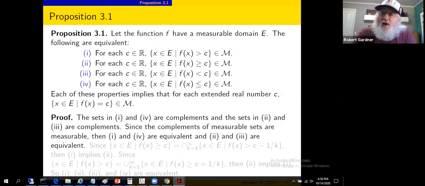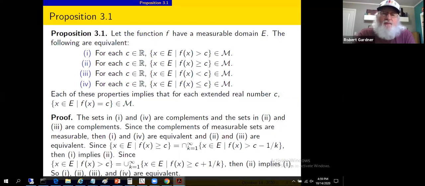Since these involve sets which are pairwise complements of each other, we've got 1 and 4 are equivalent statements, and 2 and 3 are equivalent statements. So we've paired them off. If we can just show equivalence between one of those and one of the other ones, then we can tie off the equivalence claim. Let's consider all x in E such that f of x is greater than or equal